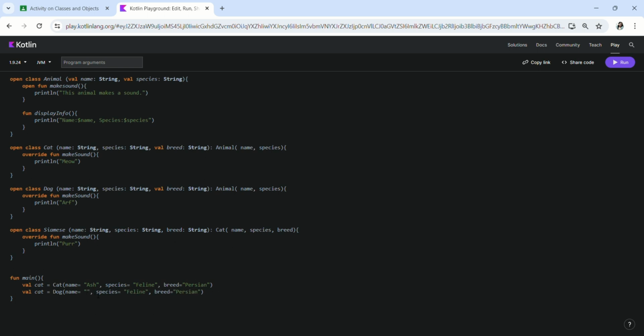We'll call it Max. Change it to Canine. And the breed will be German Shepherd.